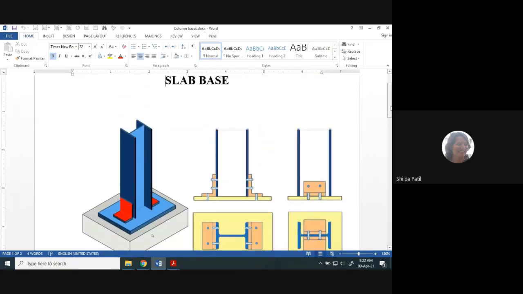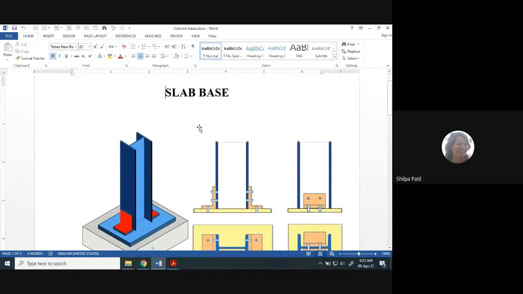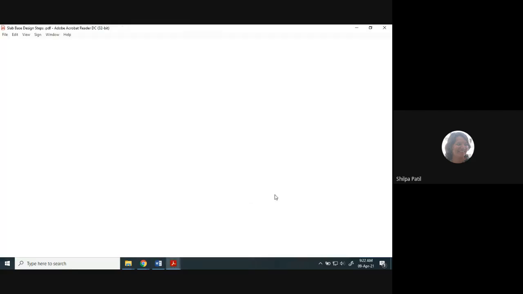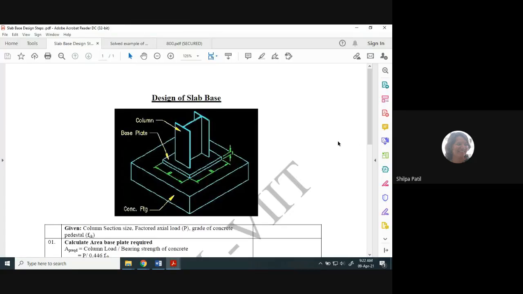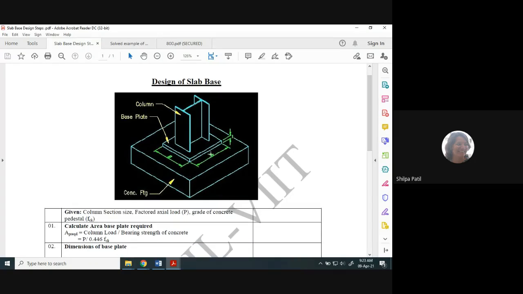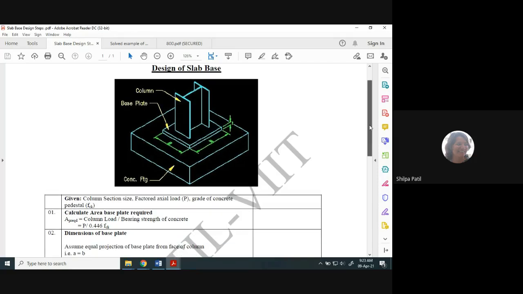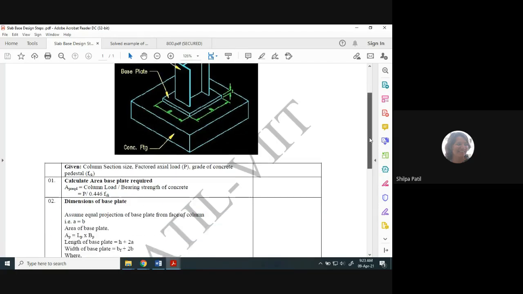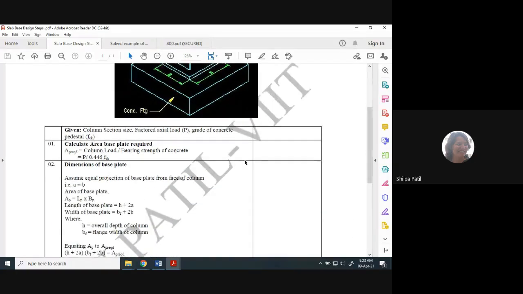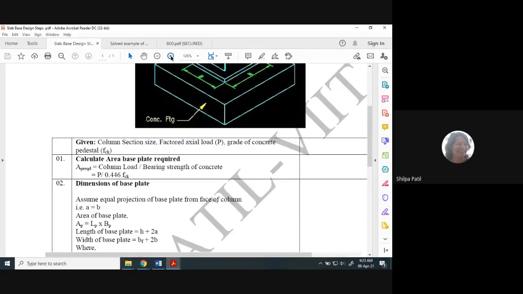Okay, so we will start today with the design steps for the slab base. All these I'm going to upload on VOLP. Design of slab base. This is the diagram which shows us the slab base for the column. So the first step here is